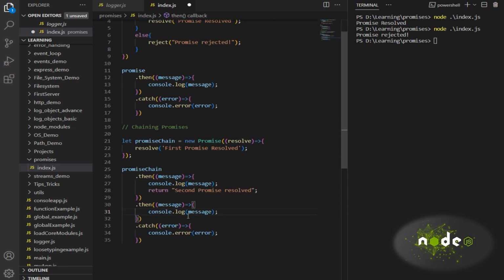Okay, then we are catching an error. Here what we're trying to do is the first promise is resolved, which logs the first promise resolved message. In that then method, it returns a new promise that is resolved with the second. So once it calls here, it comes here, it prints the first promise resolved, then this particular then is going to